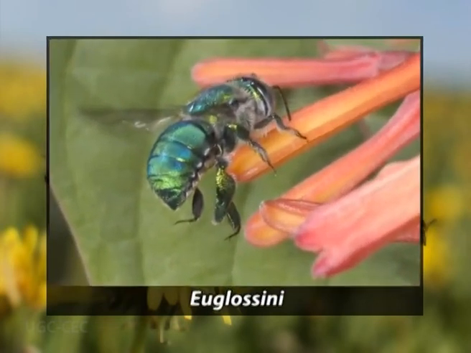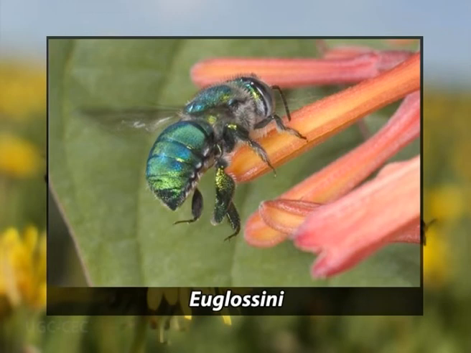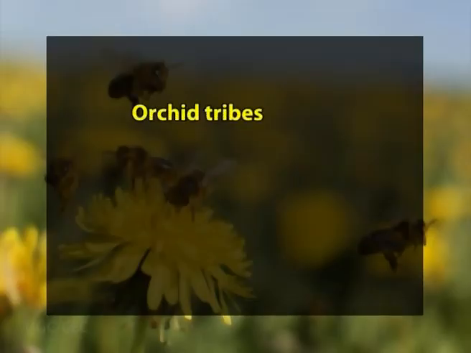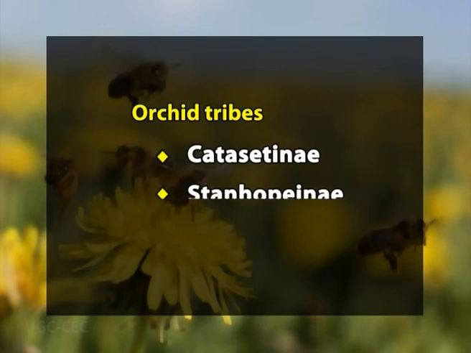The male bees of euglossini are known to collect this aroma or fragrance as reward from the flowers, which they use as pheromones for attracting and in mating display. This is best seen in the orchid tribes Cataseitinae, Stanhopeinae and Lycastinae, which produce such perfumes as an attractant and